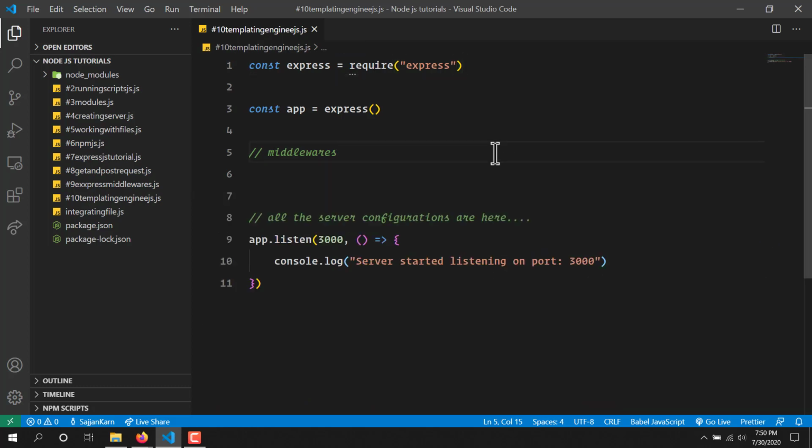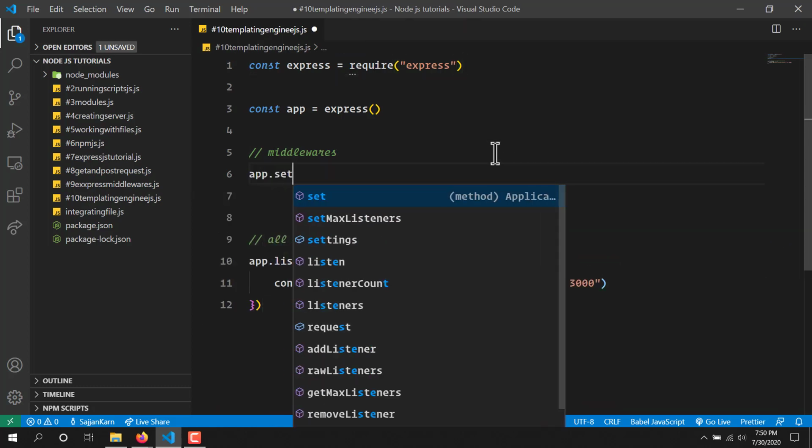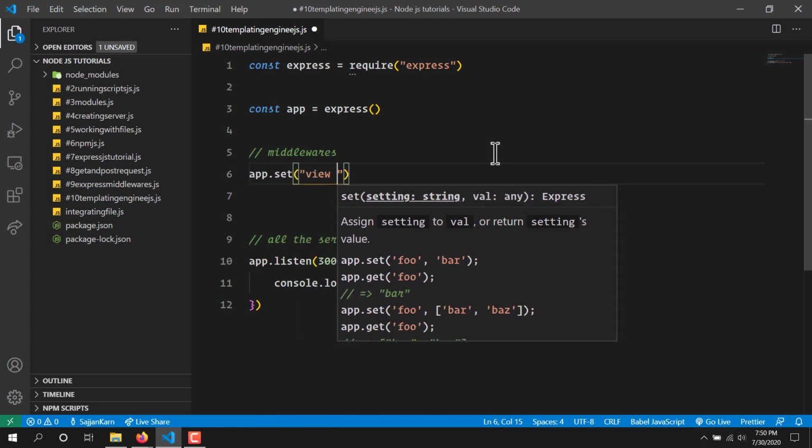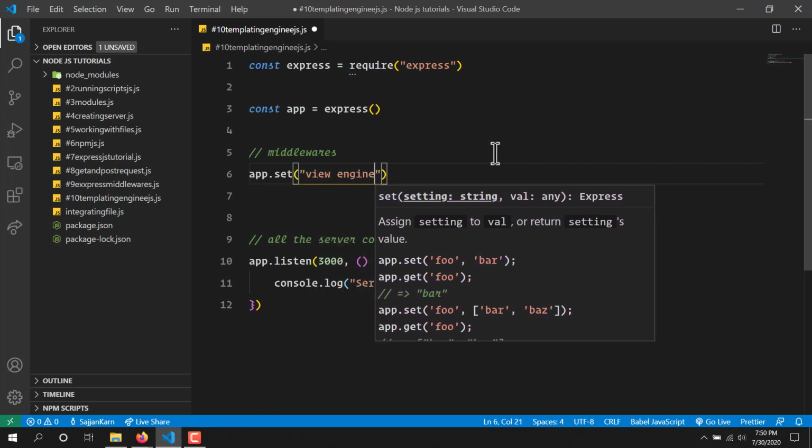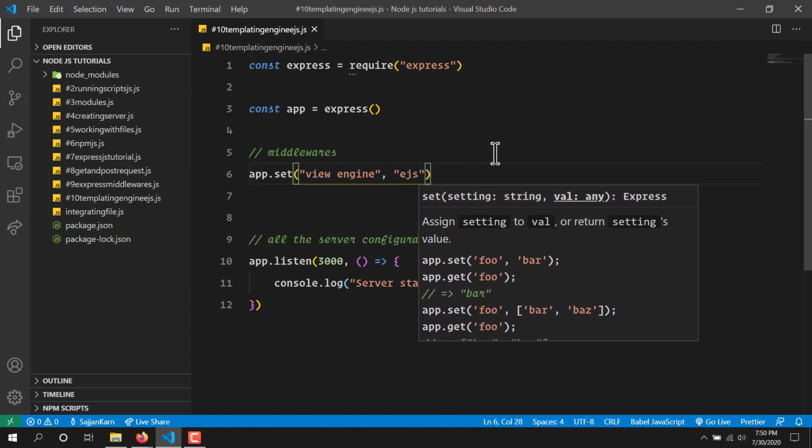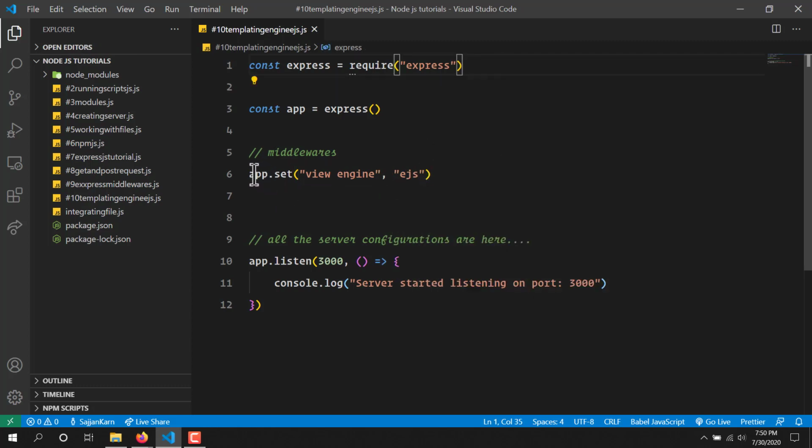So we have to just write app.set. We have to set the view engine of our app to EJS, and we don't need to require it. So what we are doing here is simply setting our view engine to EJS. This works the same to set other templating engines like nunjucks, handlebars, and many more. You just need to type your templating engine name, and for all you need to write view engine. View engine is compulsory. So let's create our route